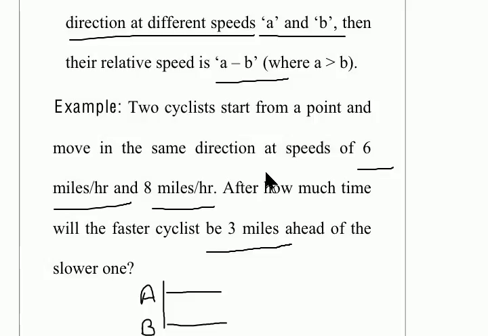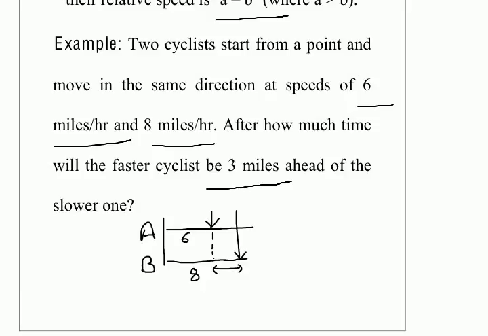Now after 1 hour, A would be 6 miles away from the starting point, so let's say this is the 1 hour stamp. So A would have covered 6 miles and B would have covered 8 miles. So you see the difference between A and B is 2 miles after 1 hour, and that is simply because their relative speed is A minus B, which is 8 minus 6. So the relative speed is 8 minus 6, which is equal to 2 kilometers